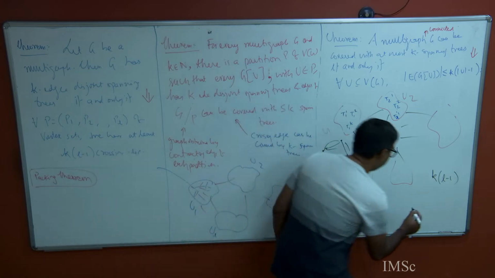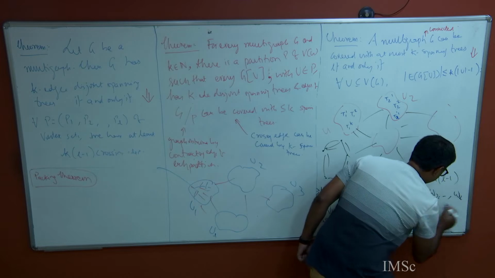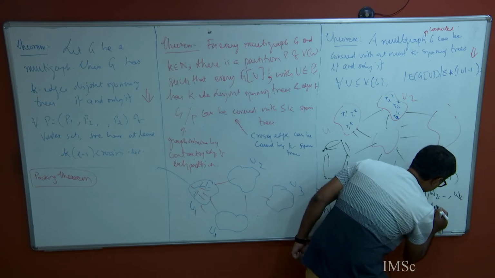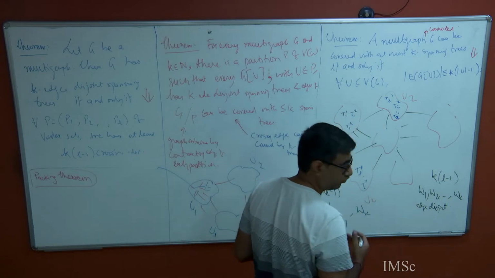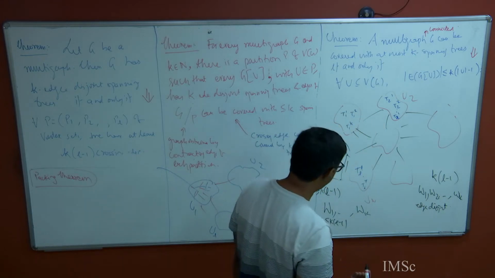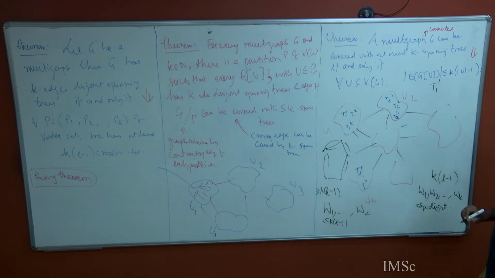Okay. So now what have we been able to achieve? W1, W2, to Wk are edge disjoint. Okay. Now how I am going to make k edge disjoint spanning trees from my old graph is very simple. You take T11, T21, up to TL1, and W1. Okay, that's a spanning tree. Do you see why it's a spanning tree?